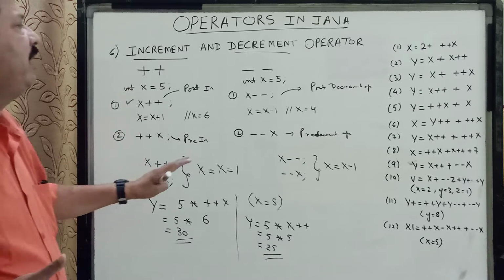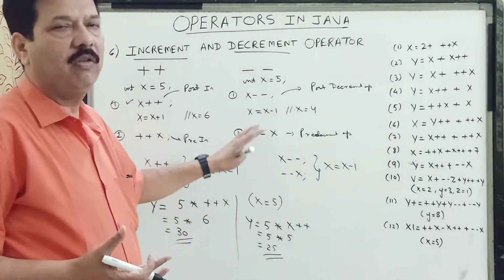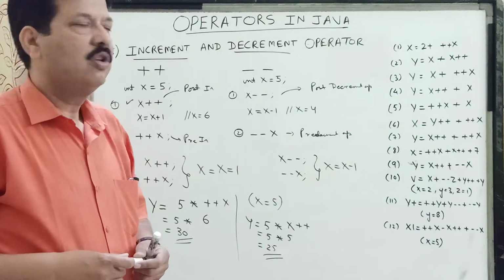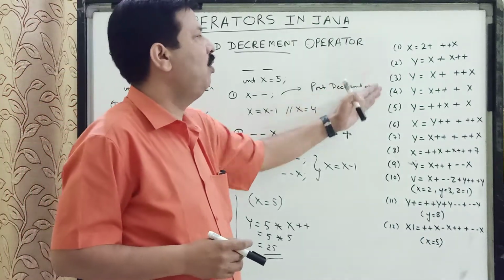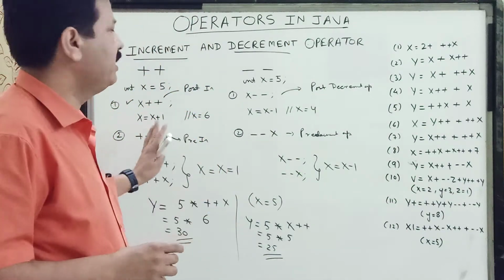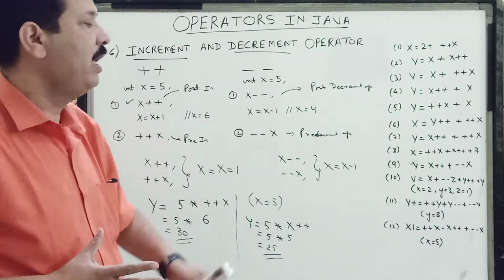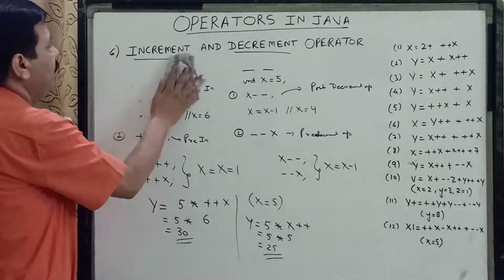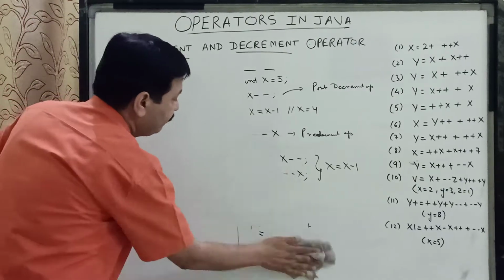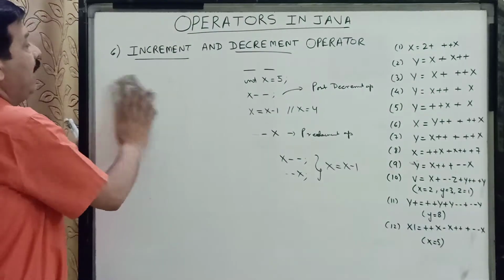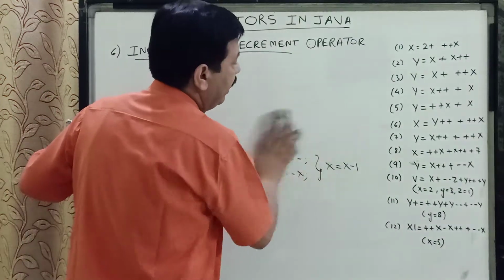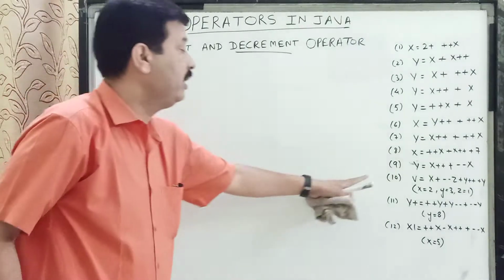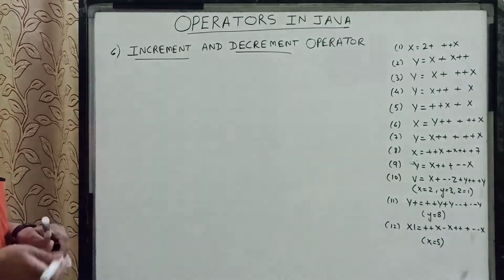In the same way, children, the decrement operator works, and it also uses the concept of use and change, and change and use. So children, there are some expressions which I have written over here, and we will follow this concept of pre and post with the help of these expressions. These expressions I have taken from your book only, so we are solving it from the book. We'll do it one by one, children, and we'll take some values. The last 3 questions which I have written here are from the board exams of 2019, 2018 and 2017. So it is coming in the board paper also.